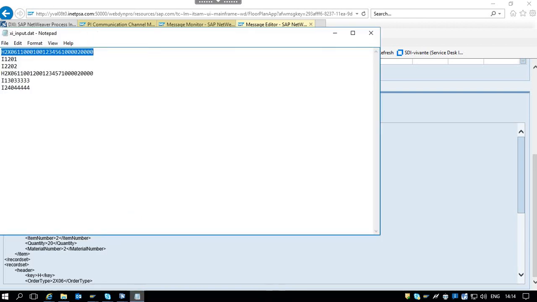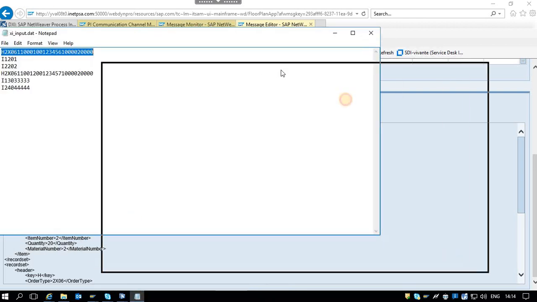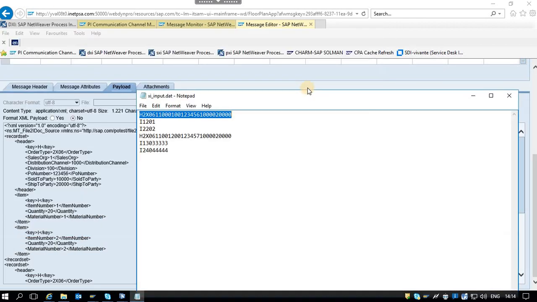So if I want to compare this, see, H is the header key, 2x06 is the order type, then 1000 is here, then 100 is here, then PO number is one from here to here.